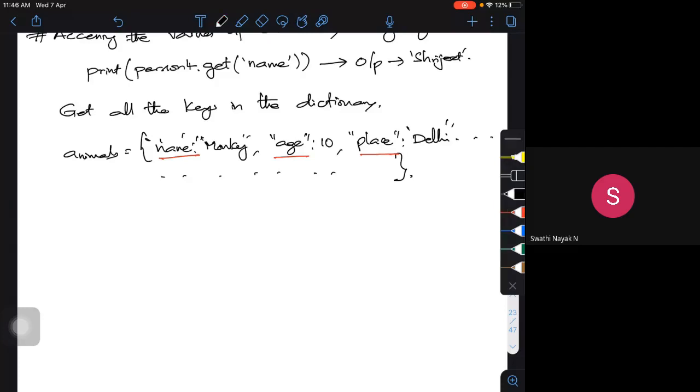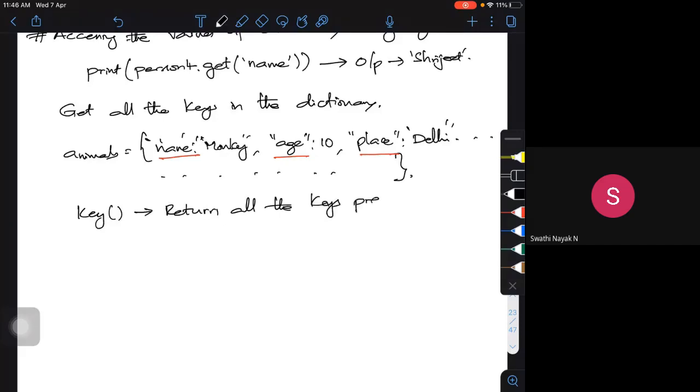Now I want to access all the keys over here. What should I do? Simply use the keys function with the brackets, and it's going to return all the keys present in the dictionary.